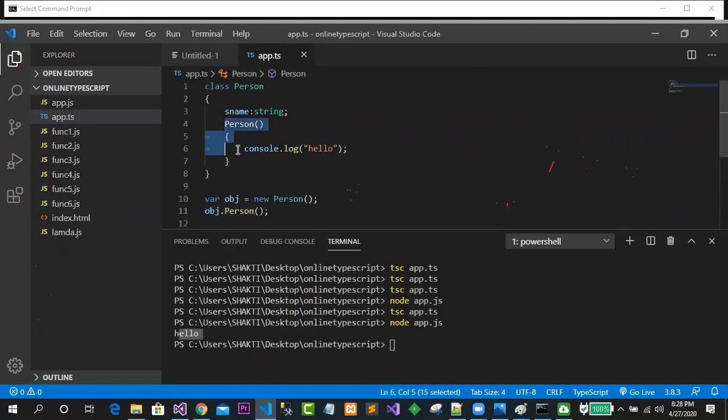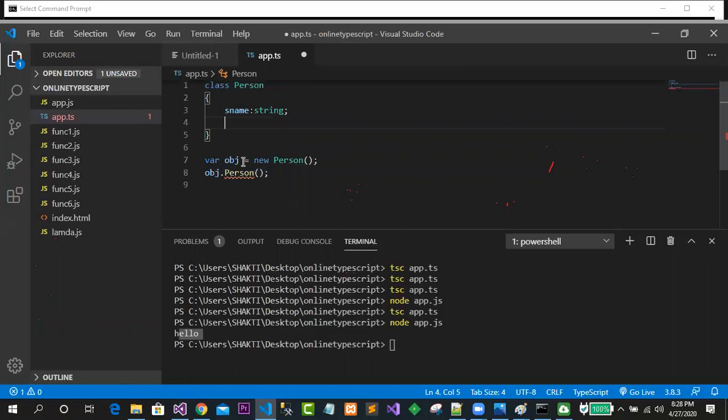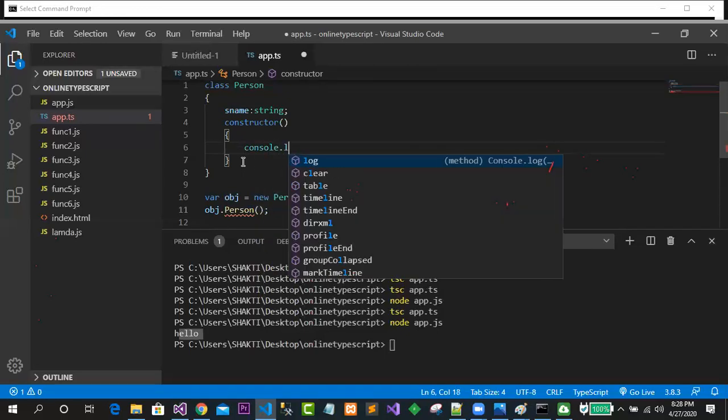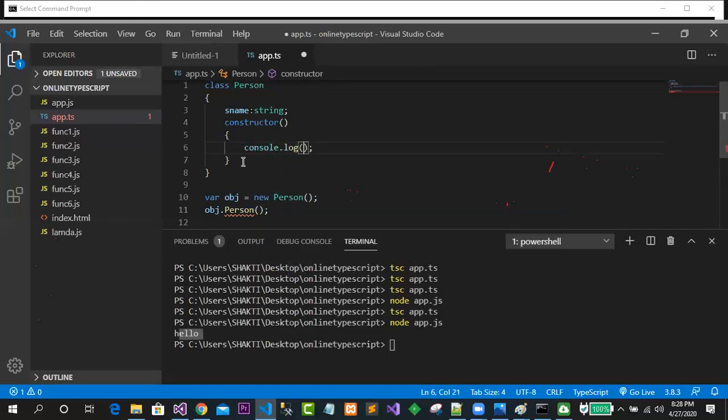But one may ask the question, sir, how can I use the constructor concept? Because you are telling me this is not the way of writing. If you write something like this, TypeScript takes it as something like a function, and you are accessing it by the object reference. To avoid this, to get the constructor feature, I will use constructor. In this case I have simply written console.log, and let's say hello. So can I get this behavior over here? Just see.